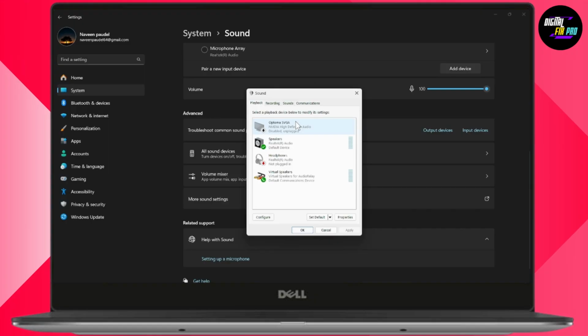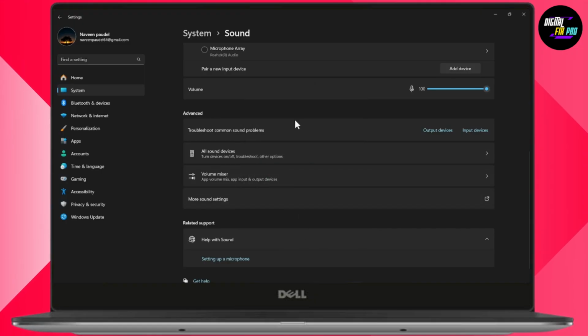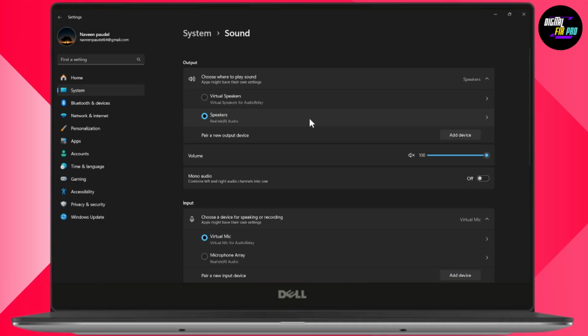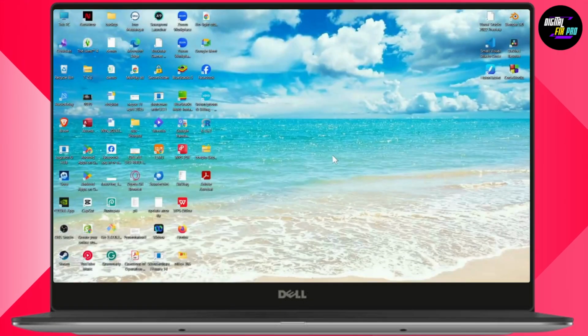After disabling and enabling the speakers, your problem might be fixed. Go with apply and OK. Once done, check your sound and your problem will be fixed. But if that still doesn't fix your problem, then go with the second method, which is